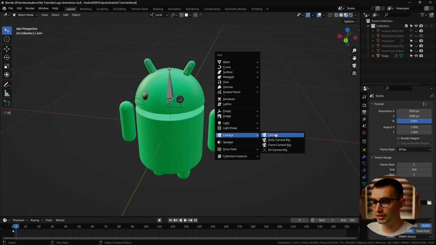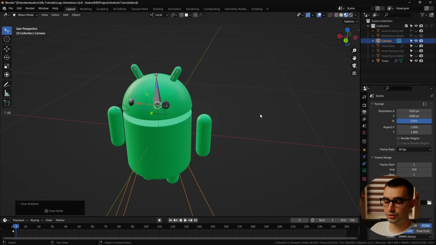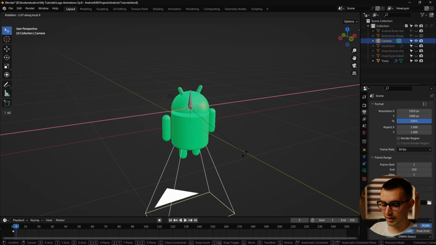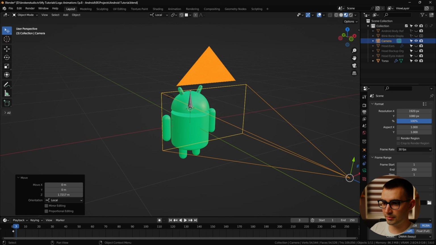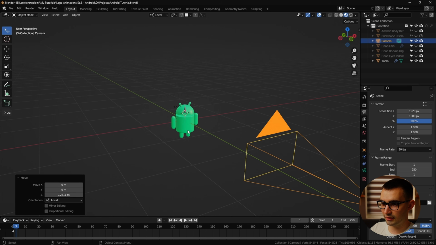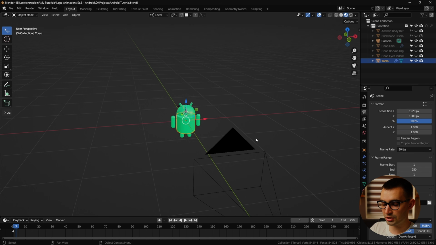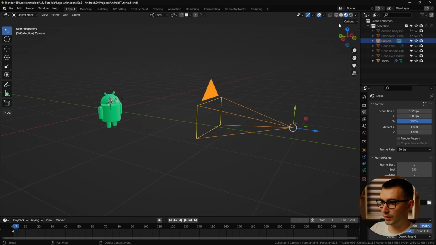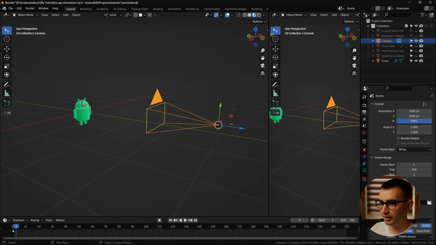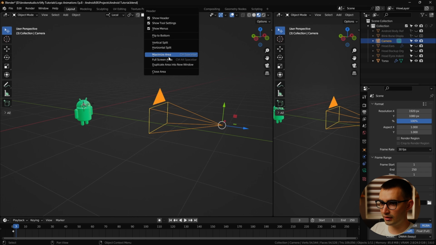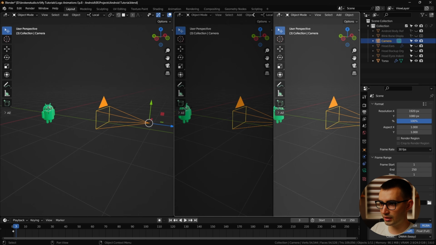Next, we'll add a new camera, and then Alt-R to reset the rotation, and then RX90, and then push this back. And I'm just now realizing that the robot is facing the wrong direction, so RZ180. And we can split the view if we hover over with our cursor. You see you get that plus symbol, so you can click and drag. You can even right click here and then vertical split,